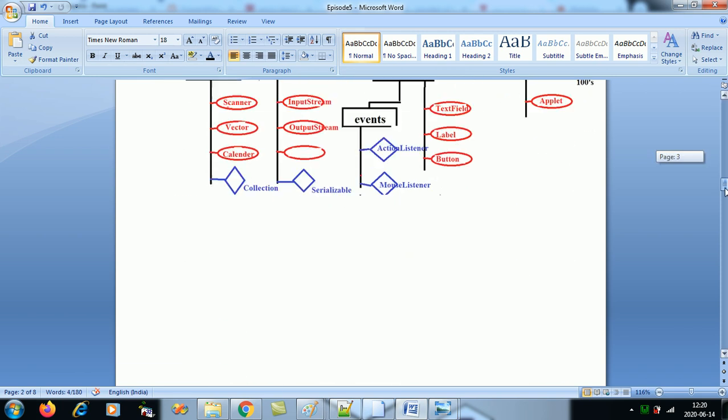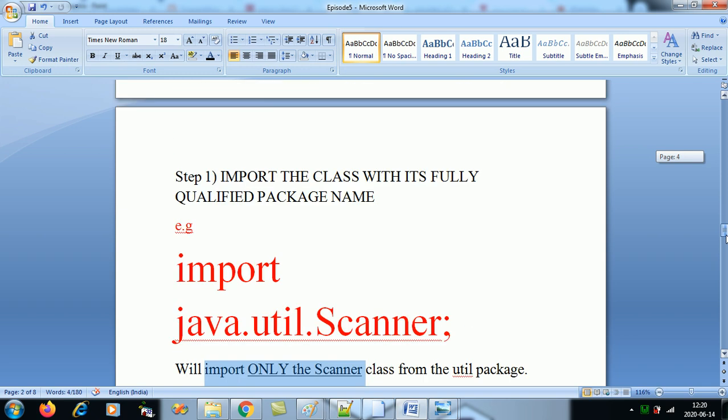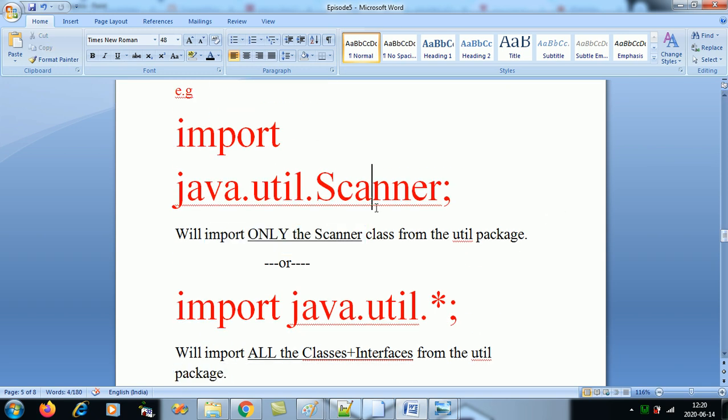So similarly in Java, if you wish to import the Scanner class and you know the name of the class, you can do java.util.Scanner. But if you know the package name but you don't know the class name, you can do java.util.*. What will this do? It imports all the classes and interfaces from the util package.